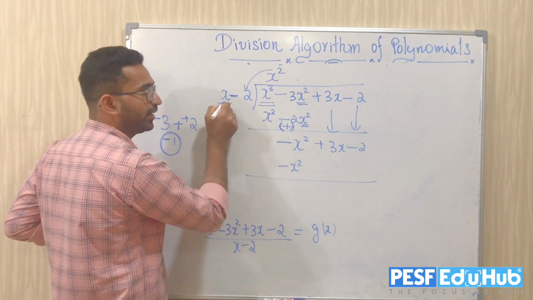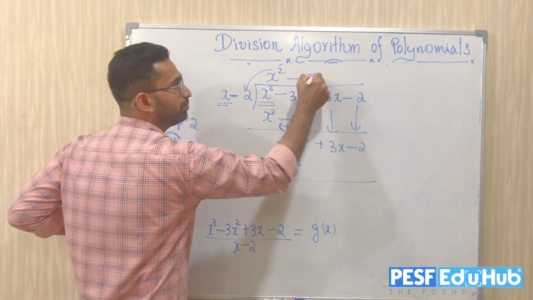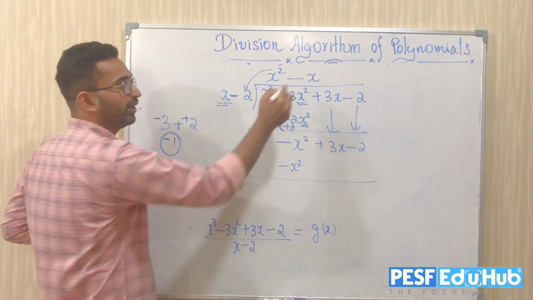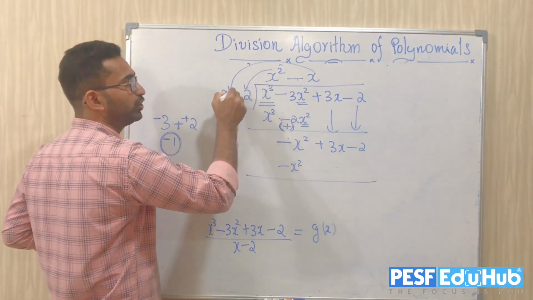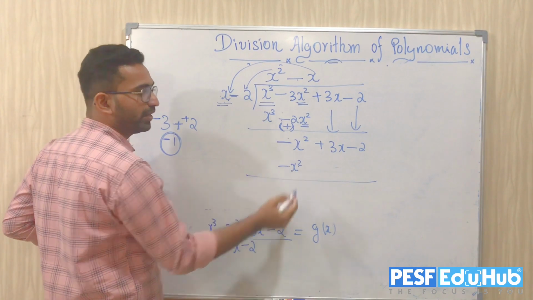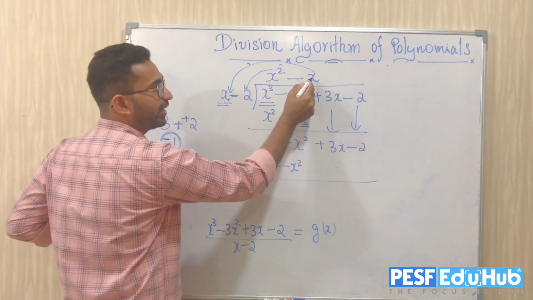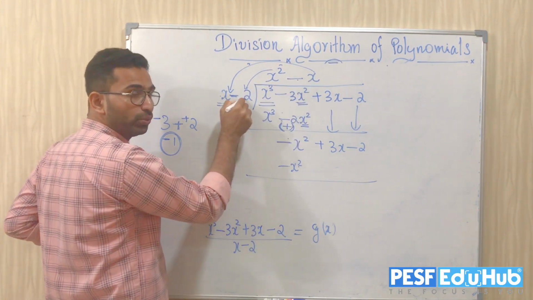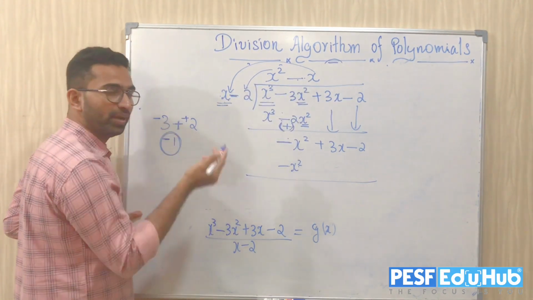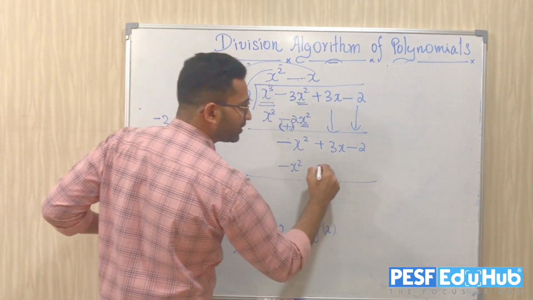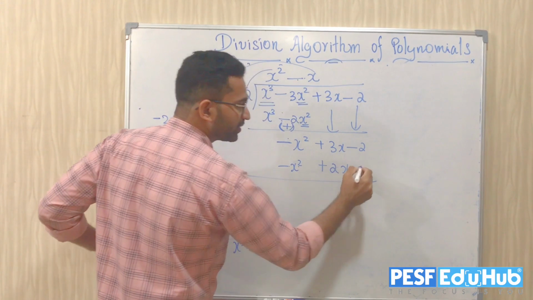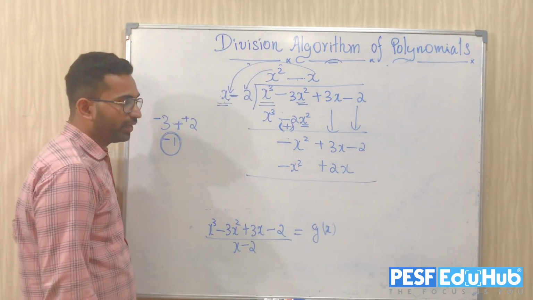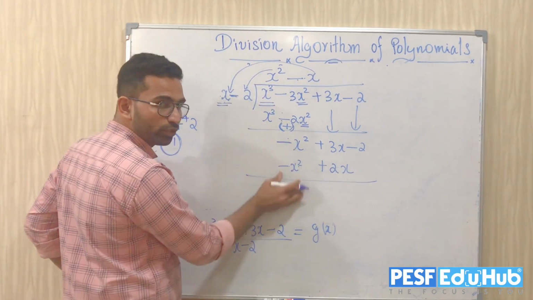I have already an x here. It means I should write a minus x. Okay, if you have any doubt, you just try minus x into plus x. It becomes minus x square, right? And minus x I have to multiply with the minus 2. So minus into minus becomes plus, and 2 into x, 2x. So this becomes plus 2x. Am I right? Okay. Now when we subtract, this is going to be equal to 0.